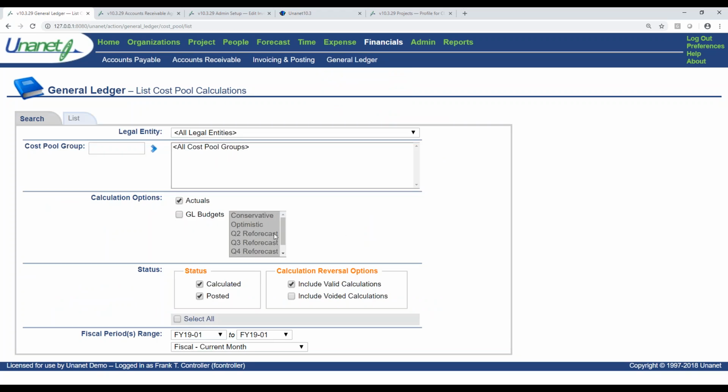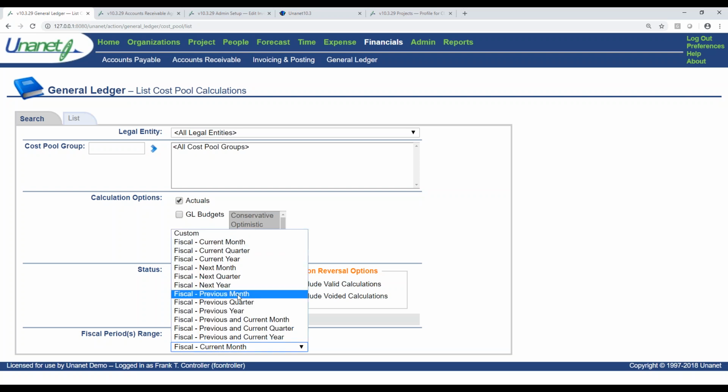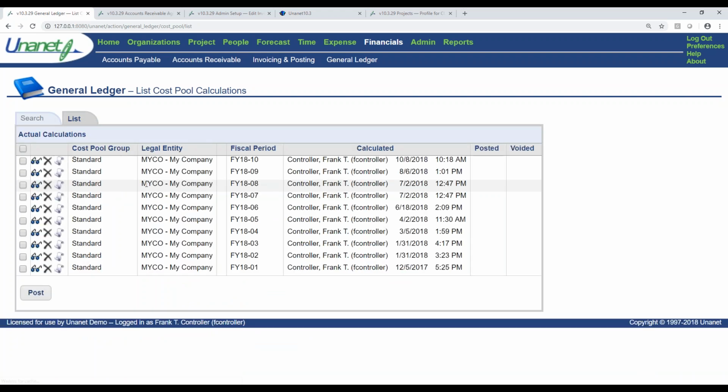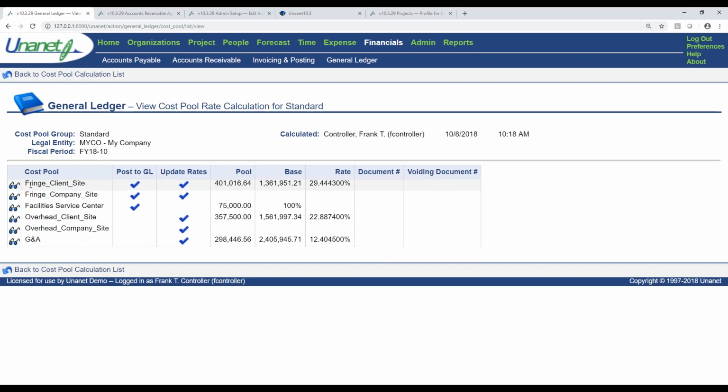So rather than actually running the entire cost pool, I'll just show you what it looks like. Look at all the data for the previous year, and you can see these are the different cost pool calculations that are run, and these are really nice in Unanet. So think of this as the additive calculator. These are different cost pools that I've configured in my Unanet. You can have as many different cost pools as you'd like. And the way that Unanet manages this is really a differentiator.